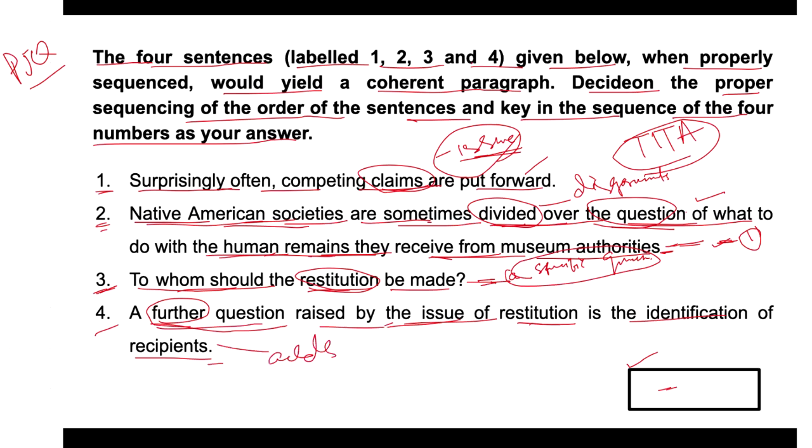So another layer to the discussion by mentioning the need, right? The need to what? Identify, right? Who should receive the restitution, isn't it? A further question raised by the issue of restitution is the identification of recipients. So, in that case, the need to identify who should receive the restitution. So, on the basis of the understanding that we find out in each sentence, we could consider or we